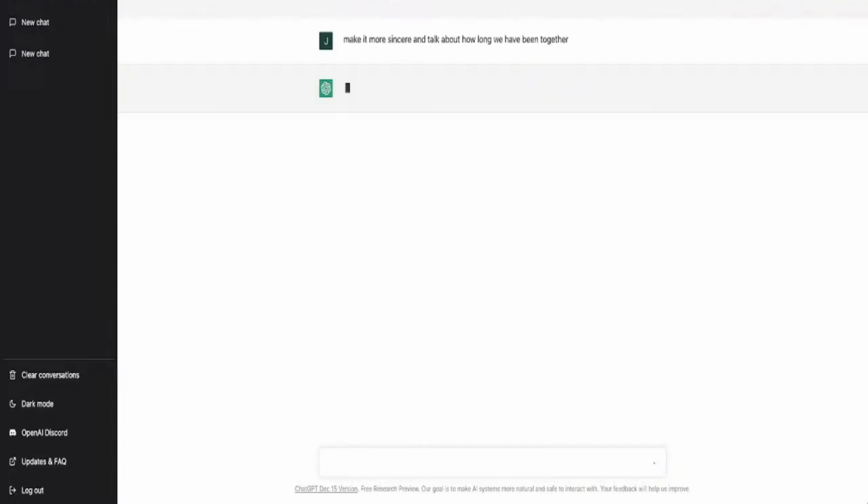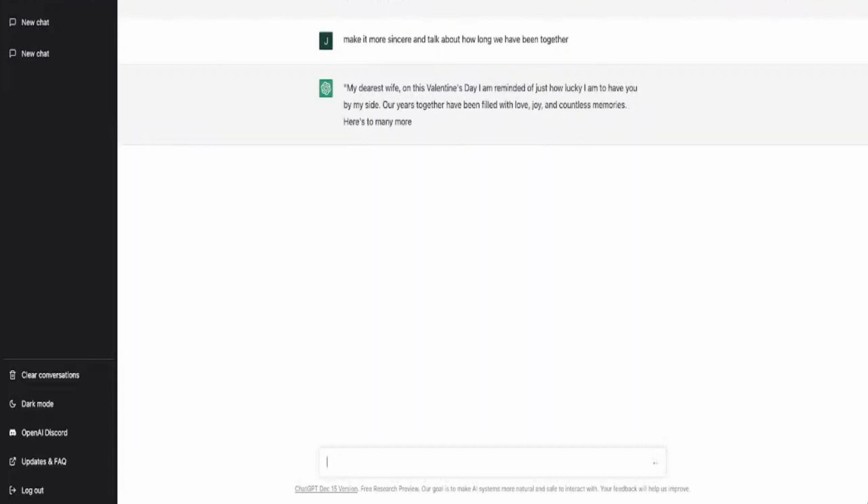Check this out, guys. My dearest wife, on this Valentine's Day, I'm reminded of just how lucky I am to have you by my side. Our years together have been filled with love, joy, and countless memories. Here's to many more. I love you more than words can express. Like, this is fire, guys. This is a free tool,